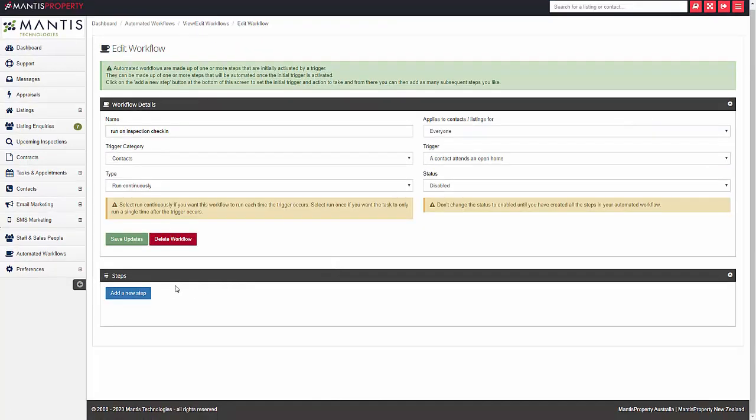Now down here, what happens is when a workflow trigger occurs, so in this instance, when someone attends an open home and is recorded in the inspection section as attending an open home, then this workflow will run and it will run any of the steps that you set up down the bottom here. So the first step that we're going to do is set it to send an SMS thanking them for attending the open home. So we click on Add New Step